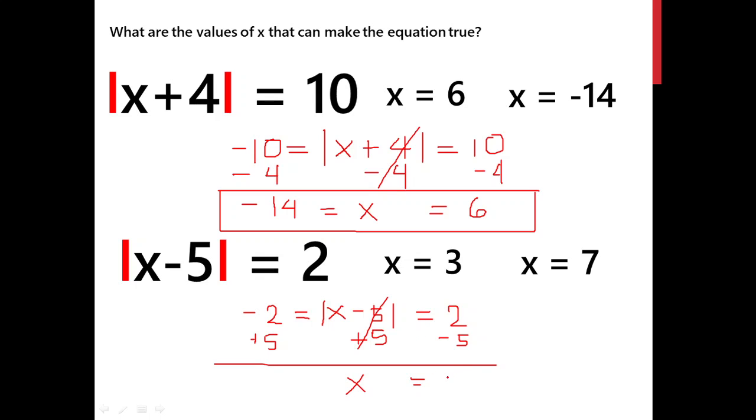2 and negative 5 is negative 3. Oh, sorry, this is positive. I'm confused now. So 2 plus 5 is equal to 7. And then negative 2 and positive 5, that is positive 3. There. So again, please be careful when you write the integers. And careful on the sign. So here's our answer. X can be equal to 7 and x can be equal to 3.